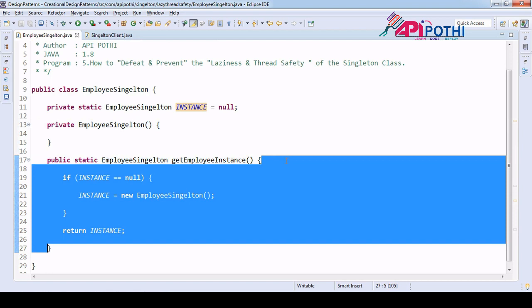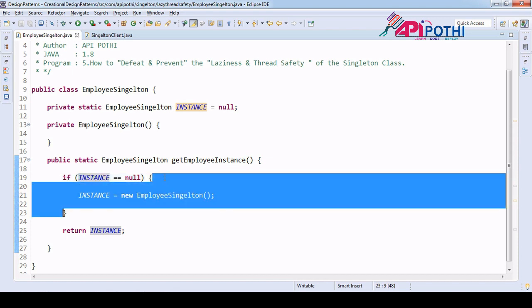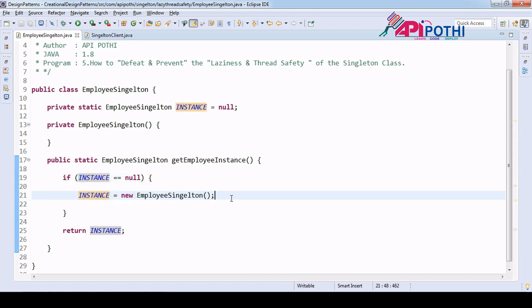See, if you look at this code, if instance equals null, meaning the instance has not been created, only then does it allow you to create it. Until you ask it to create the instance, this method won't create it. So this concept is called lazy loading. There is nothing more here, it is just the concept. The second thing is